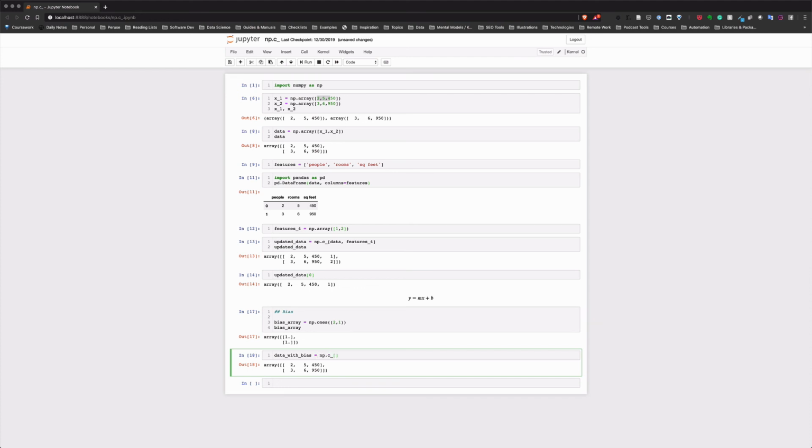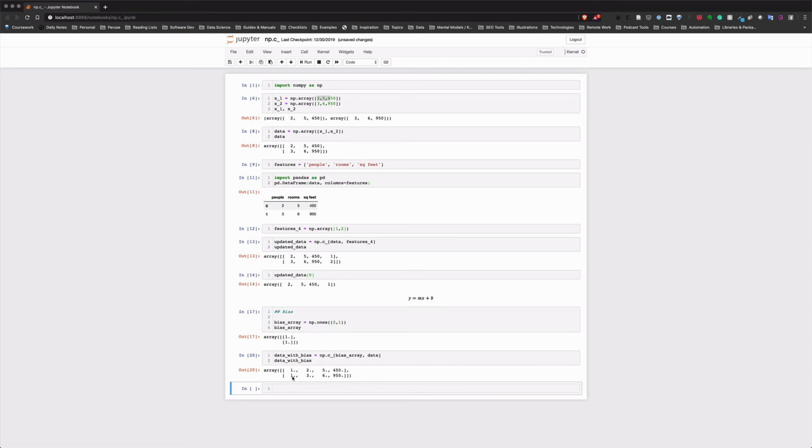We can add in our bias right up front, and add in our data. And now you'll see data with bias. We've got our bias right here. So again, these will be weighted based on when you do your regression, but this is going to be kind of the baseline bias feature that we can add right into our data, so we don't have to do them